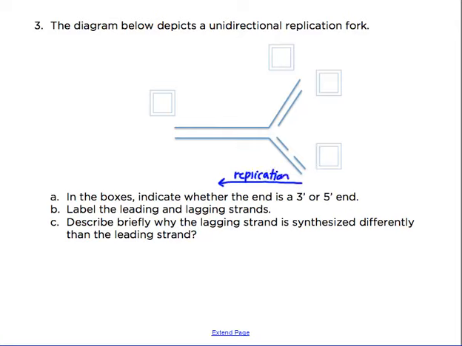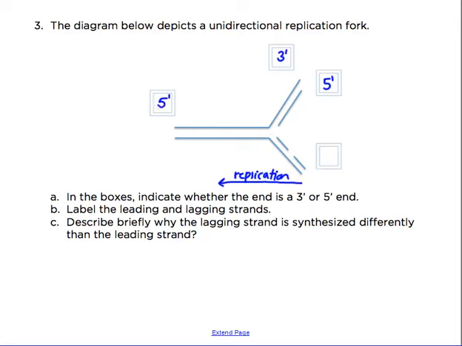And you know that because the origin of replication must be on the right, and as replication is going along, the DNA helix is being opened. So if replication is going toward the left, that means that this strand is 5' because it is the leading strand, and all strands are made from the 5' to 3' direction. So if replication is going to the left, that means that elongation here is going to the left, and that's 5'. So that means that above, this must be 3', and in that same strand, the other end must